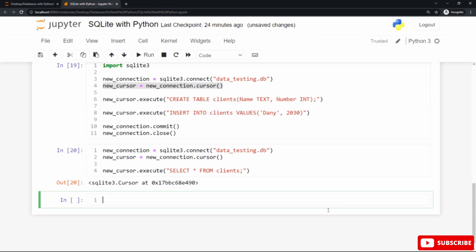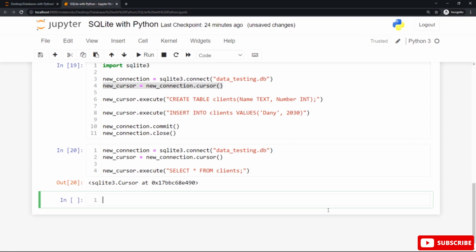To start the connection to our database called data testing, use the connect function. The sqlite3 library name followed by the dot notation followed by the connect function for this data testing database in the same working directory. And don't forget to place the extension .db at the end of the database name.